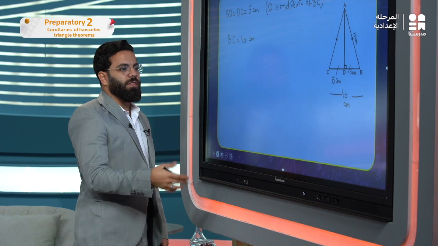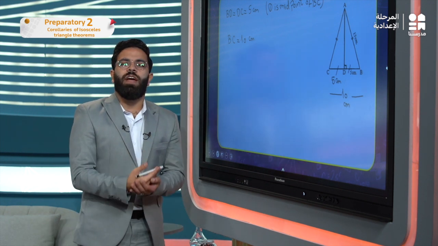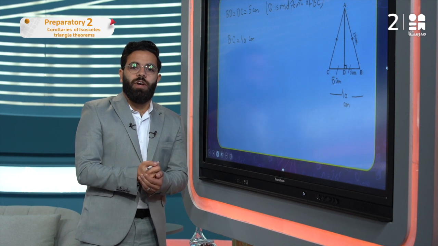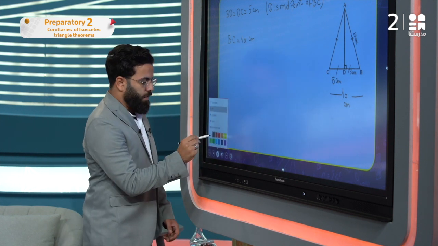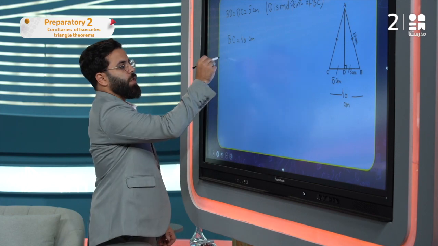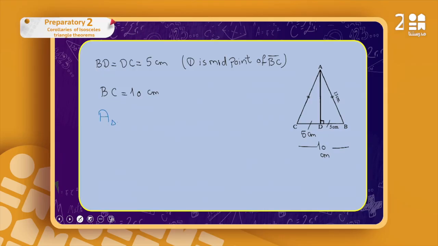What is the second request? Find the area of the triangle. What is the area of the triangle? Yes, the law of the area of triangle ABC equals half multiplied by base multiplied by height. Where is the base and where is the height? BC is the base of this triangle and AD is the height. So I will write half times